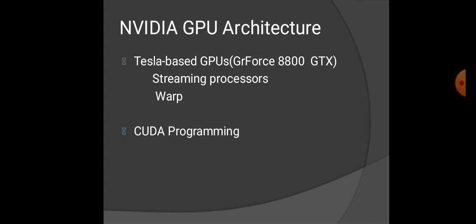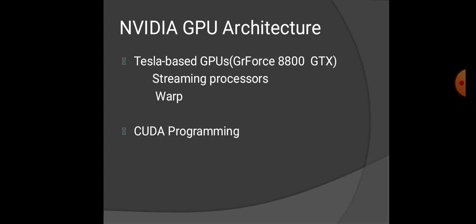It has 16 multiprocessors and a clock rate of 1.35 GHz. Each multiprocessor contains 8 multi-threaded single precision floating point units and integer processing units, which NVIDIA calls streaming processors. Each of the 16 processors has a software managed local store with a capacity of 16 KB plus 32-bit registers. The memory system consists of 6 partitions of 900 MHz graphics dynamic memory, each 8 bits wide and with 128 MB of capacity. The total memory size is 768 megabytes.